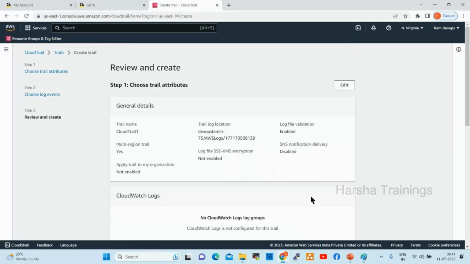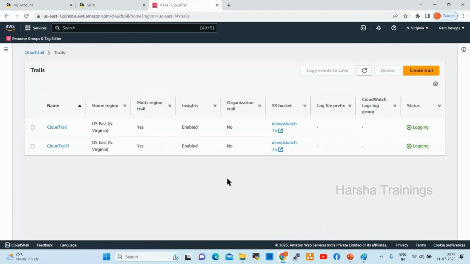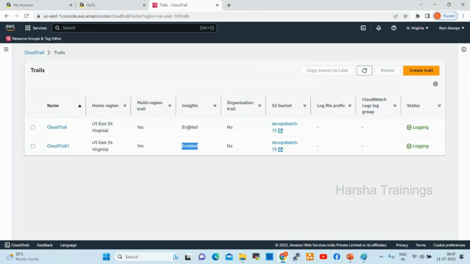Next, click on create trail. Two rules are enabled here. So what will happen? We can see now, so refresh here. Now this is enabled. Inserts enabled. Now go back to